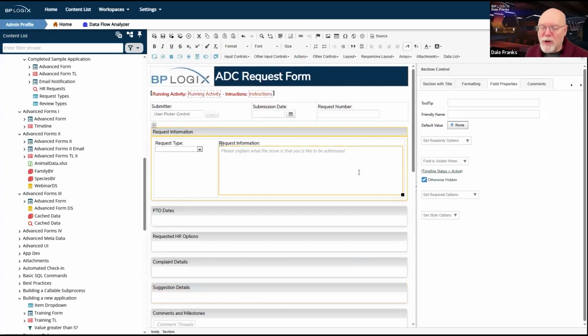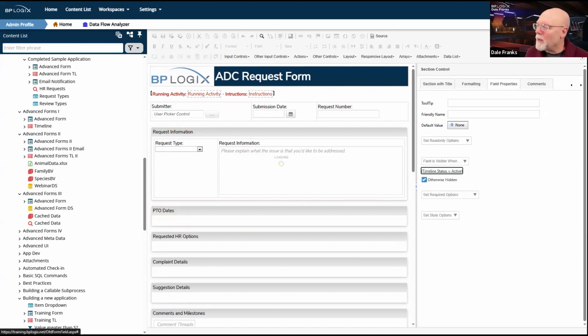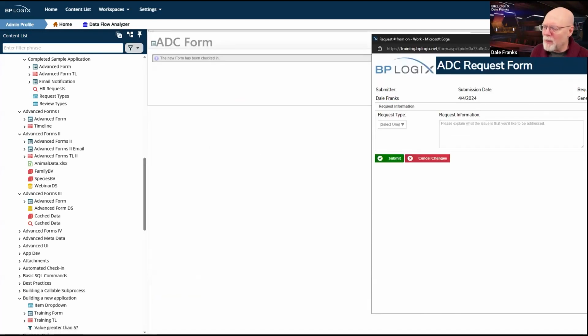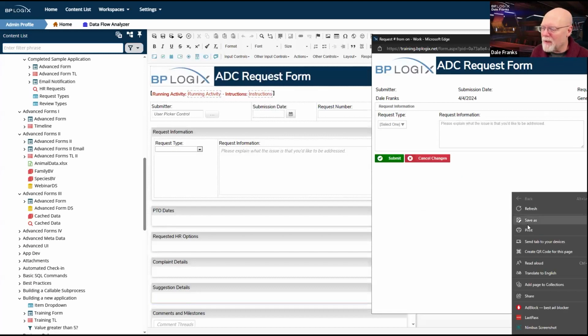So what should happen is I will have, as an end user, I will open the form. I will see, well, let's save it while we're here. So as an end user, I should be able to open this form. So if I refresh this, it should, well, I may have to wait until that happens. There we go. Let's try refresh again.